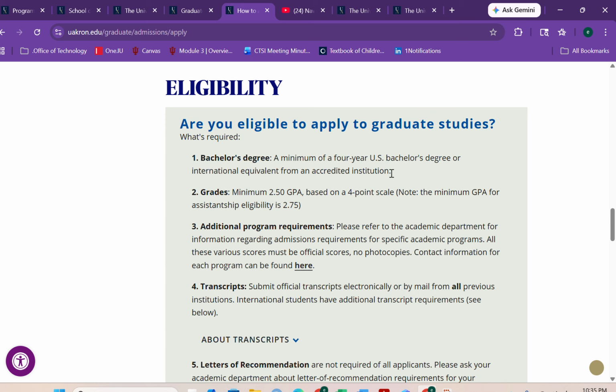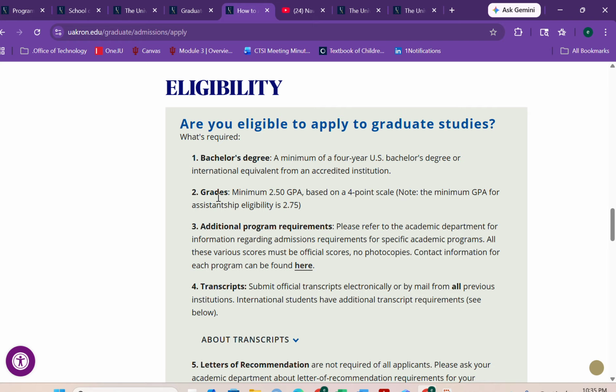Whether you are from the US or any other country, you should have a minimum of a 4-year bachelor's degree, which is equivalent to a US degree.